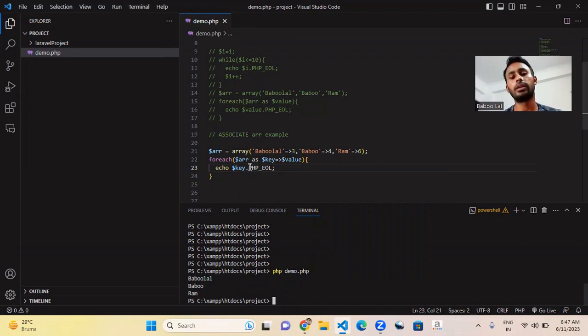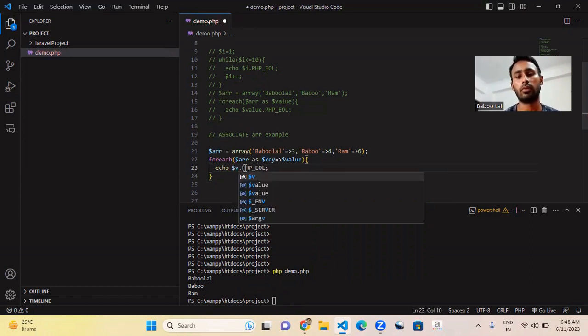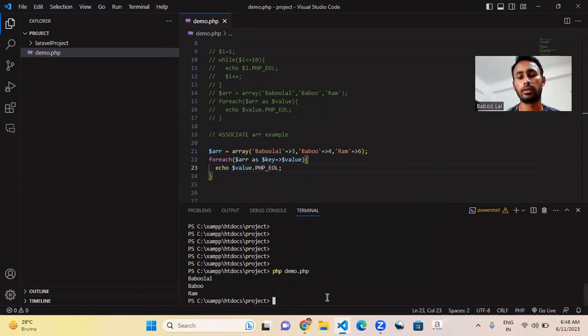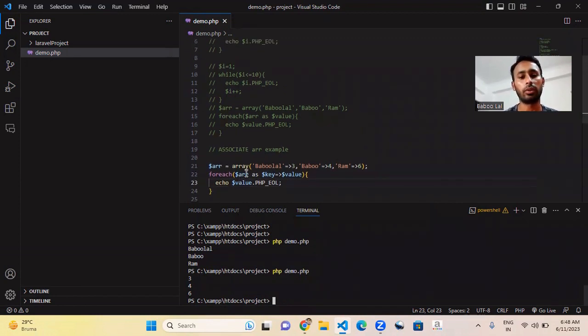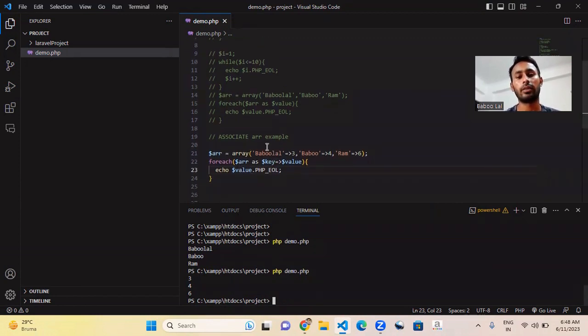Now suppose I need a value, only value, not key. Then what do we do? Then we simply call the value variable. Okay, now run this. So as you can see, all the values come. So like this, you can use your foreach loop for a simple array, and if you use a multiple array,